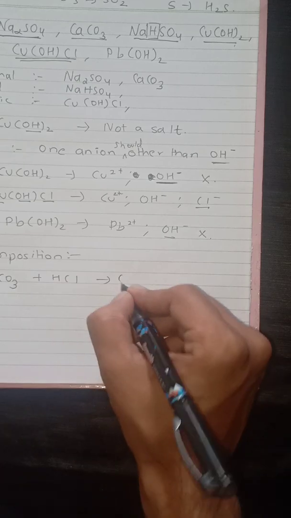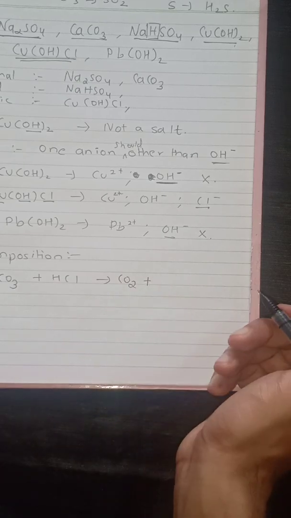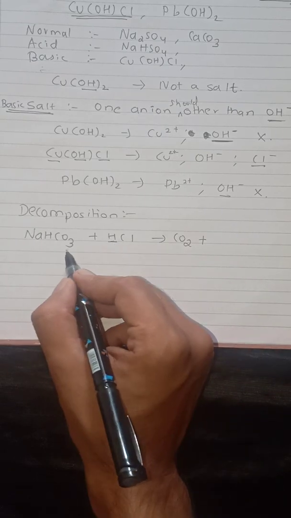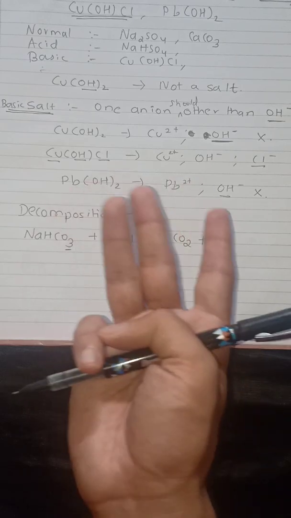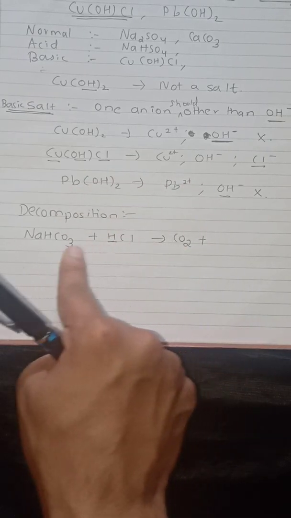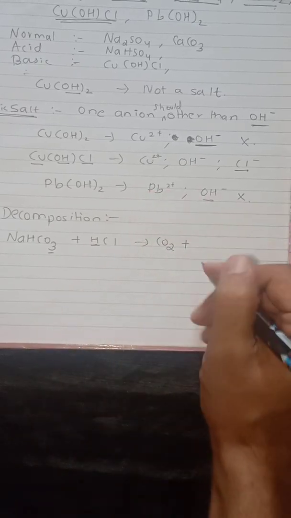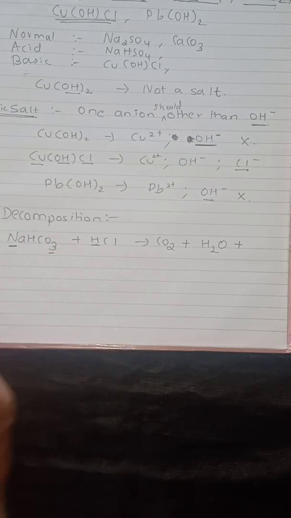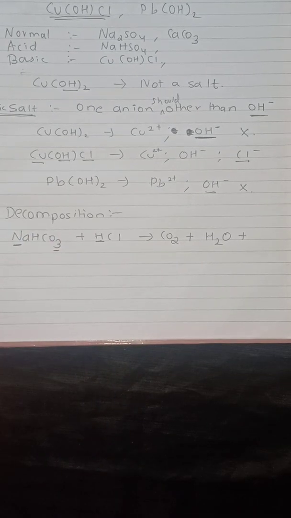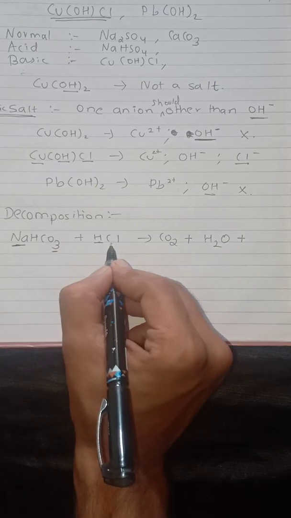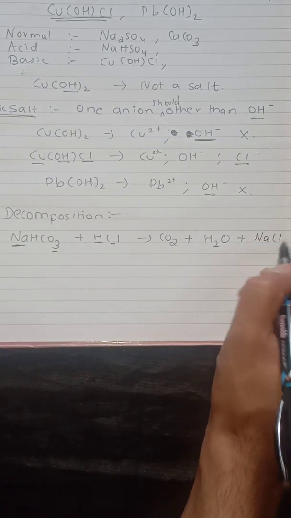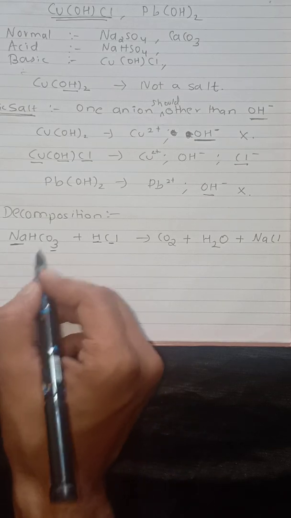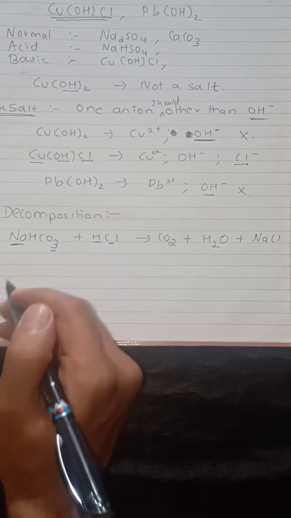So CO3, तो गैस would be CO2. CO3 में से क्या गैस रिलीज होगा? CO2. One H is left and here 3 oxygen were there. Out of that 2 have been utilized in the gas. Only one H and a single oxygen is left, which helps to make up water. And what is left then? Na is left and Cl is left. So it will form NaCl, and the reaction is balanced. This is all about the bicarbonates. The carbonate case is the same only.